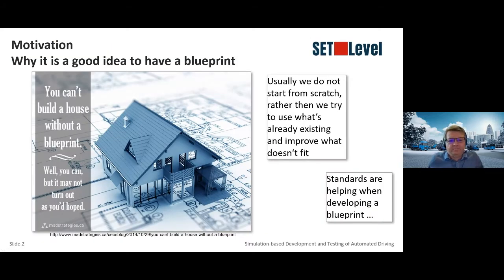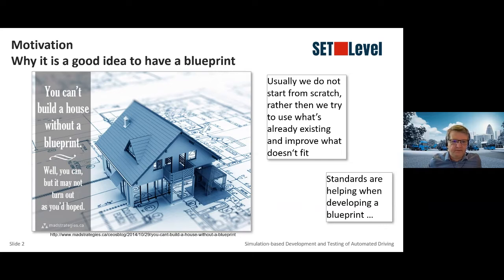So when you build anything, for example, a house, you will not do this from scratch. It's always a good idea to use blueprints and make an architecture about it, and you will not start from scratch. So you will use existing blueprints, you will use existing patterns, and what helps a lot when you build a house is also using standards, like for plumbing, to connect the things, and also on electrics. It's nice that you have standards and everything is working fine together.